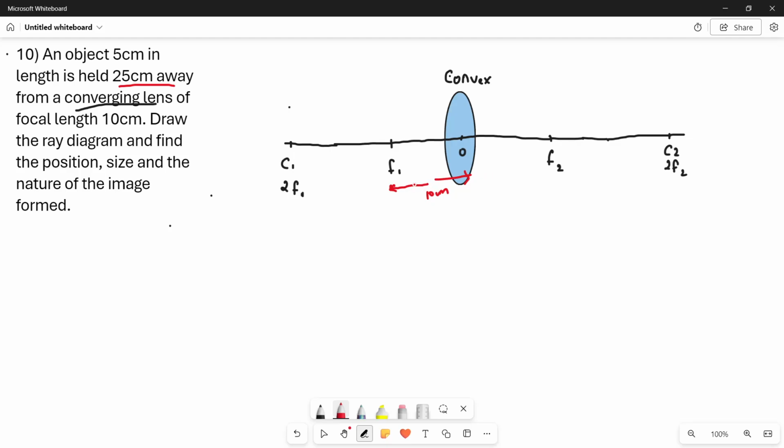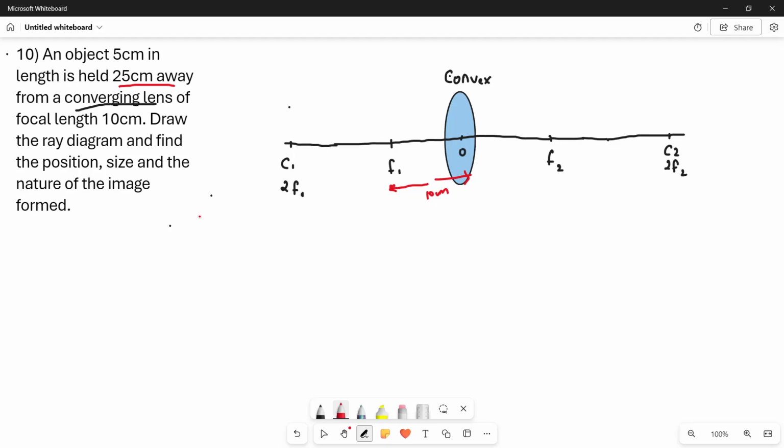See, always you are going to place the object on the left hand side of the lens or mirror or whatever it may be. So the focal length they are giving here is clearly the focal length F1, because this left hand side is where you are going to keep the object. All right,